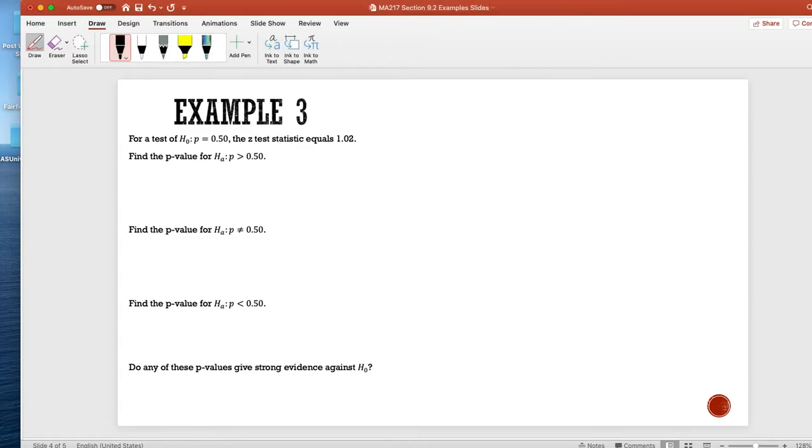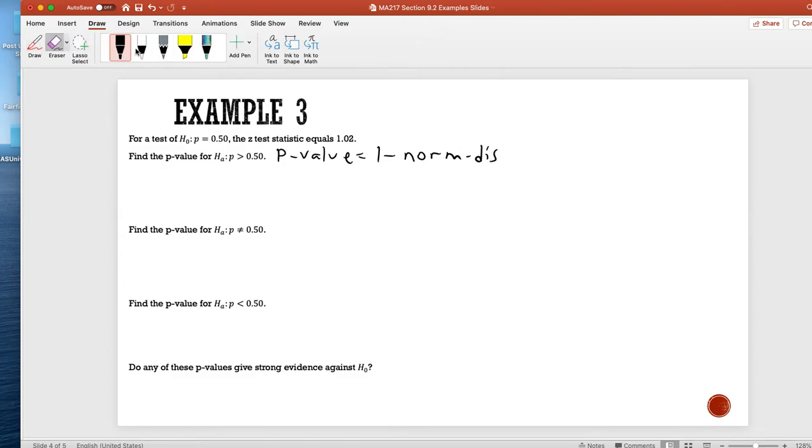For a test of a null hypothesis being that a population proportion is equal to 0.50, the z-test statistic equals 1.02. We want to find the p-value for the alternative hypothesis where our population proportion is greater than 0.50. So for this, our p-value would be equal to 1 minus norm